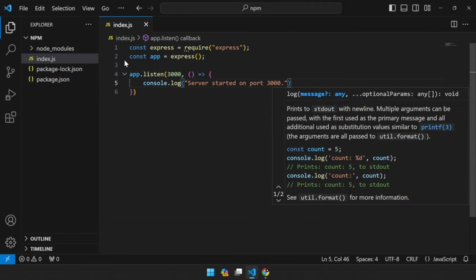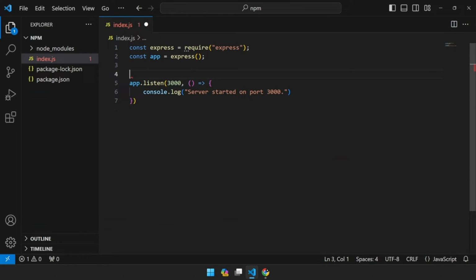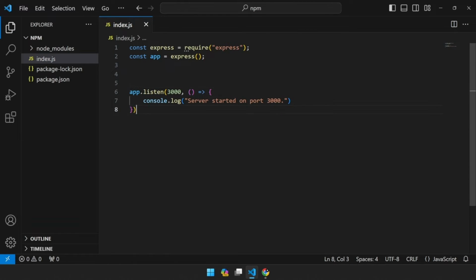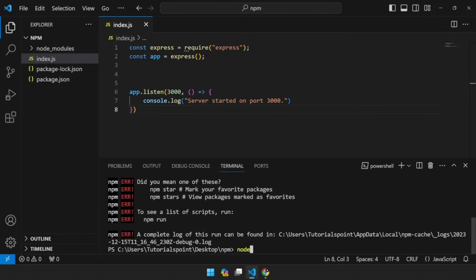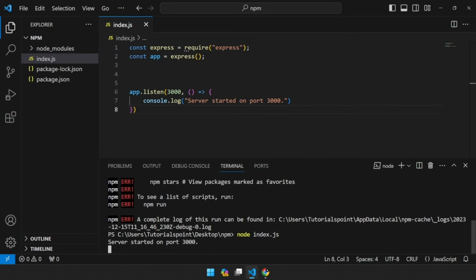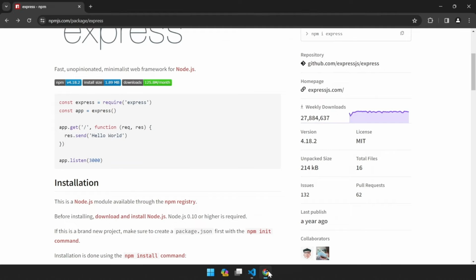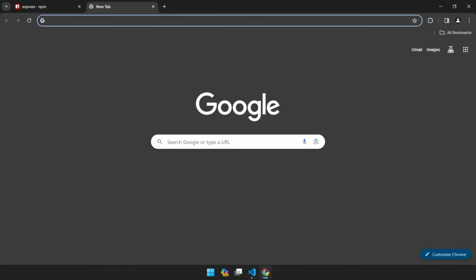Let me just save this for now and open terminal by pressing Ctrl J. Now here we wrote something called node and then index.js. So hit enter and now it works. As you can see, server started on port 3000. Great. So if I go back to my browser and I open localhost 3000,